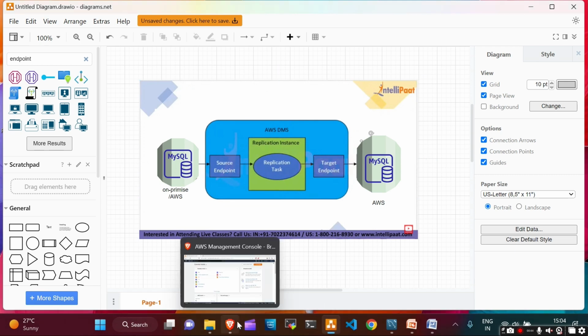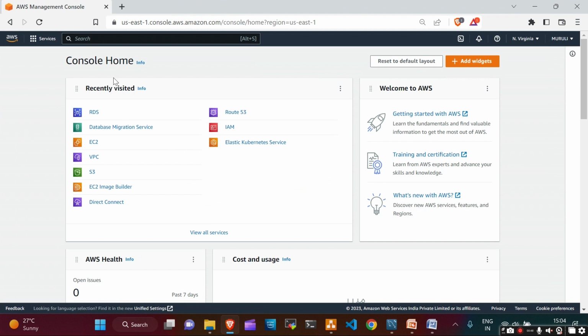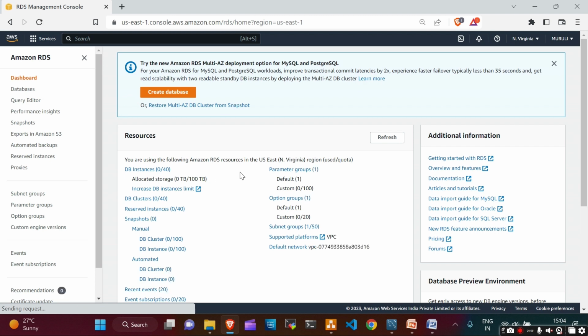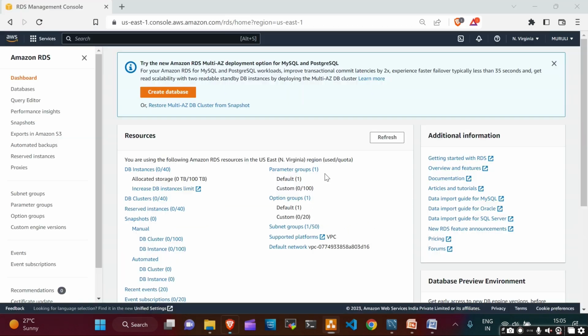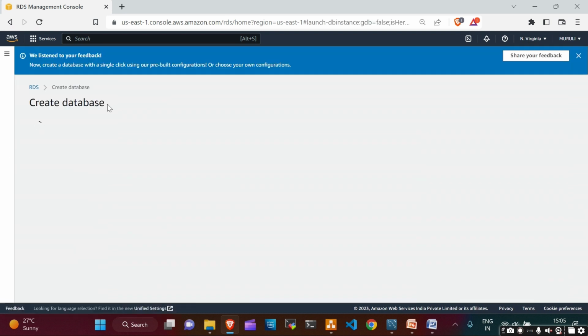and I will show you how to migrate data. For that, go to AWS and go to RDS. And now I don't have any on-premises database. For that, I will select an AWS database to migrate this database data to the AWS database. For that, we need two databases, one for source and another one for target. First, click on create